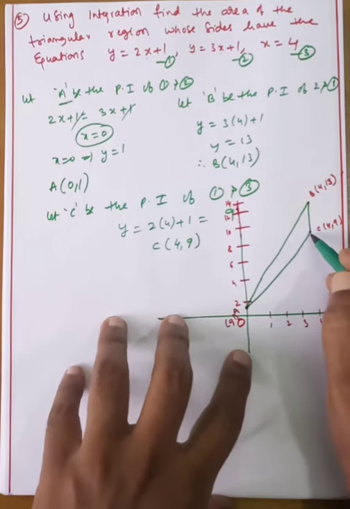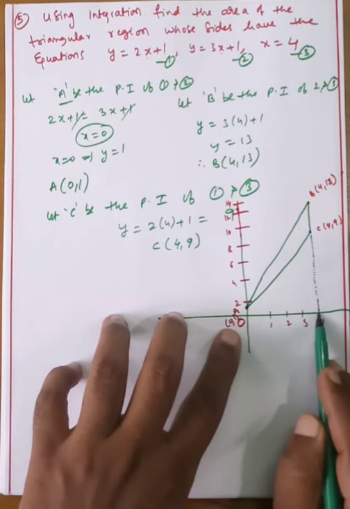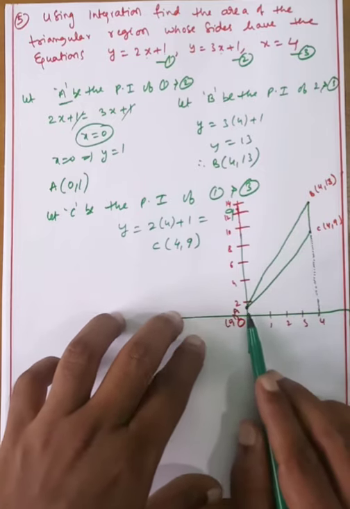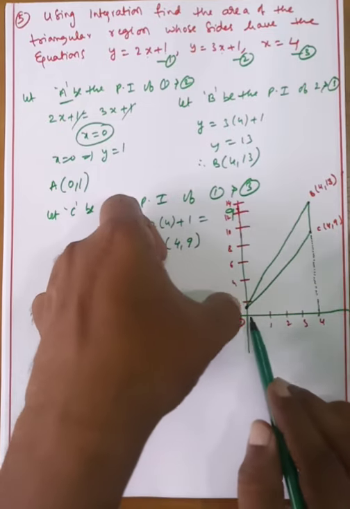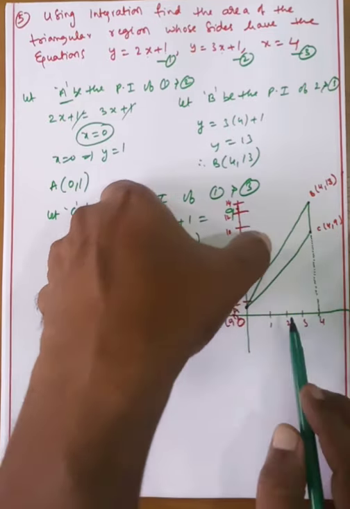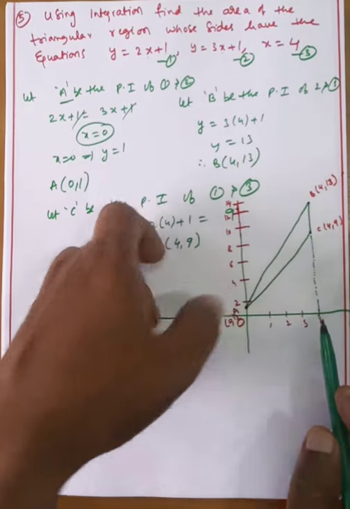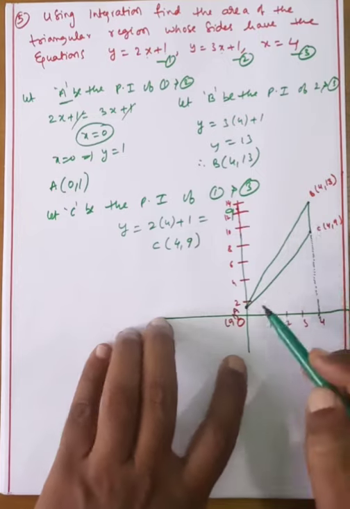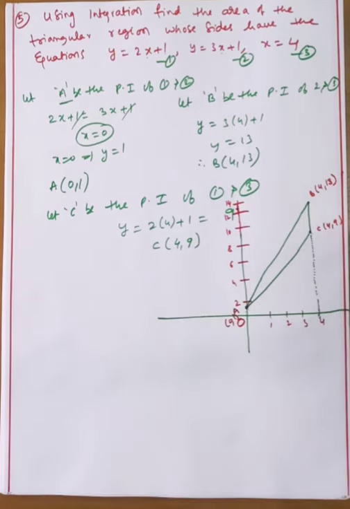This is 100%. Now extend this one. This is x equal to 4. x value 4 means this is a vertical line. Okay, now we will find the area from 0 to 4 only. Now the third line is not missing. Okay, x is equal to 4. Here we take 0 to 4. First we will find the upper curve with the x axis minus the lower curve, upper curve minus lower curve. What about this AB and what about this AC? AB and AC.